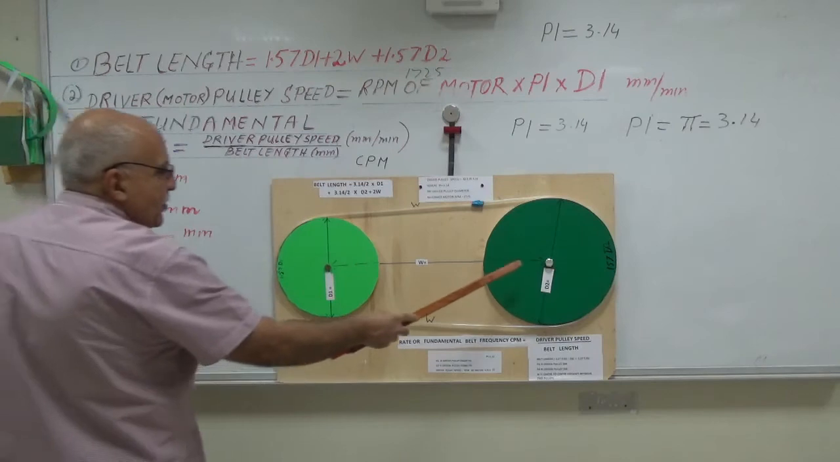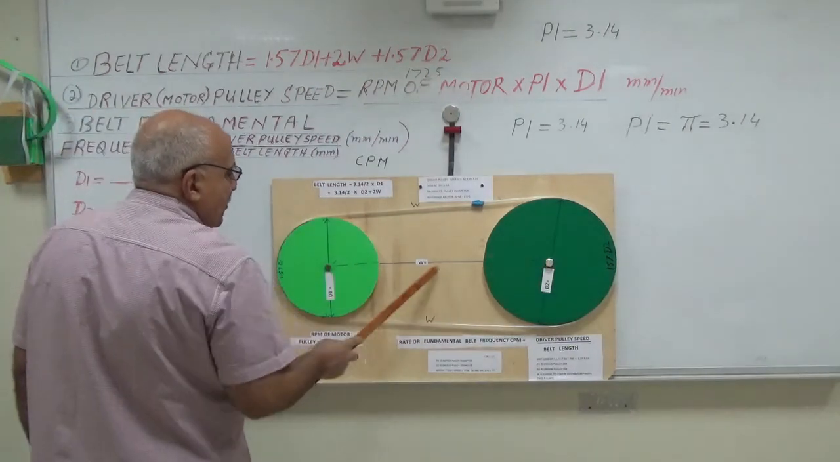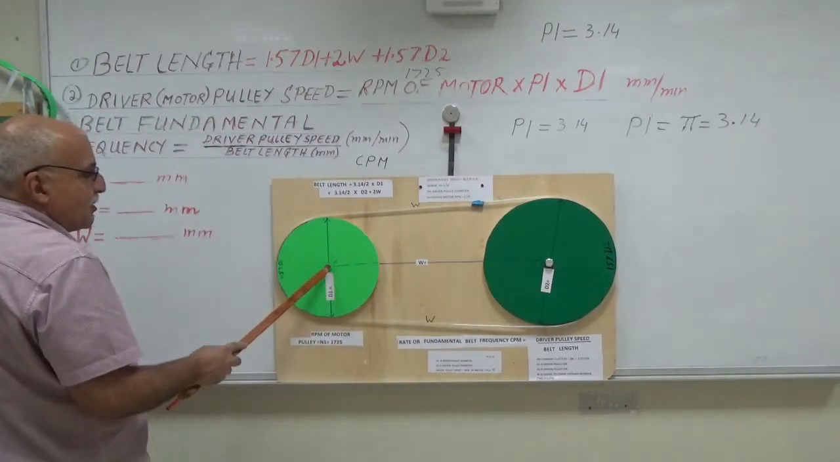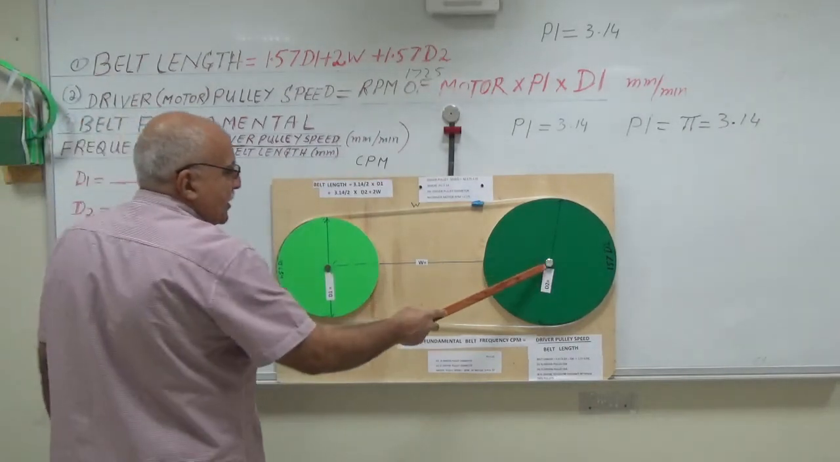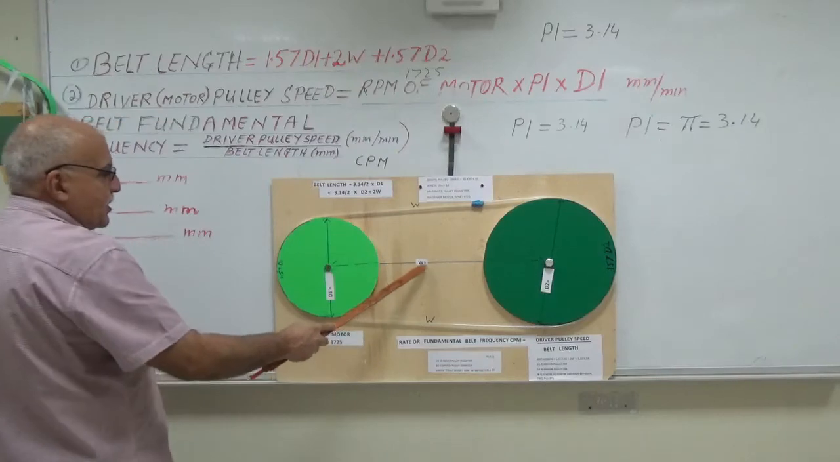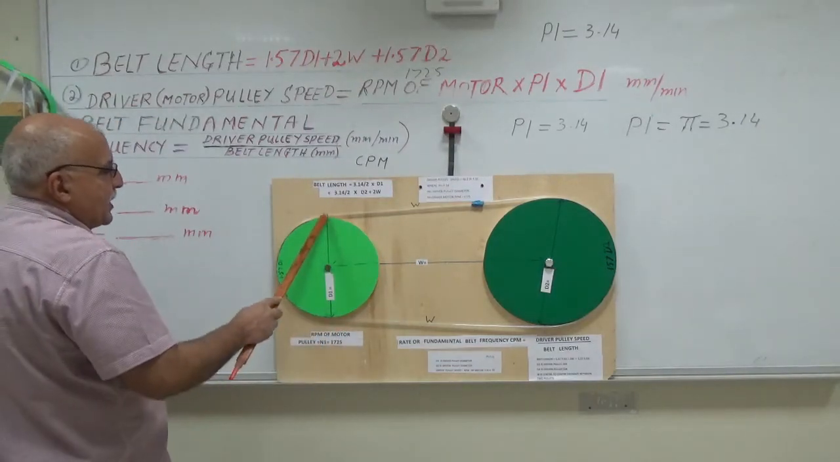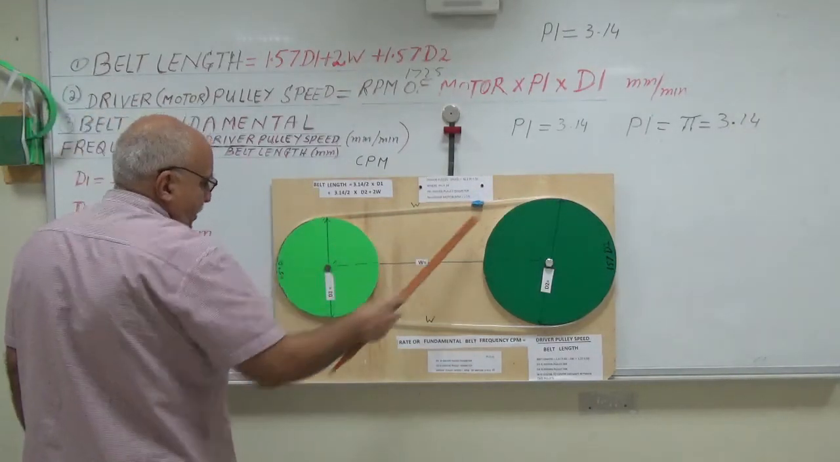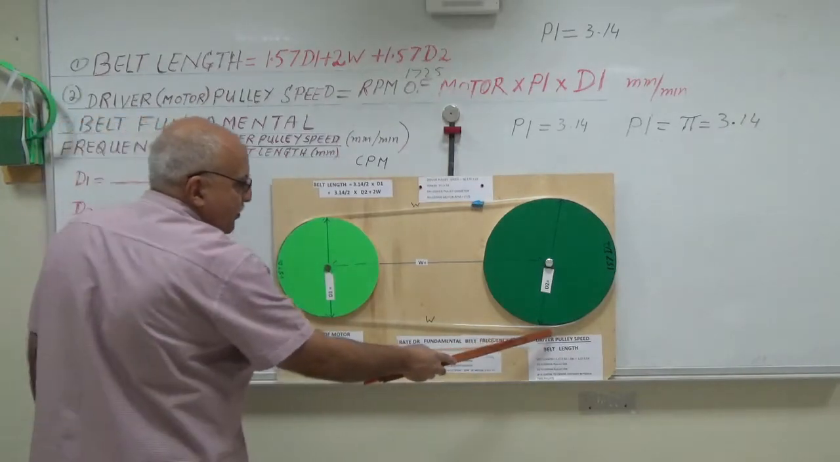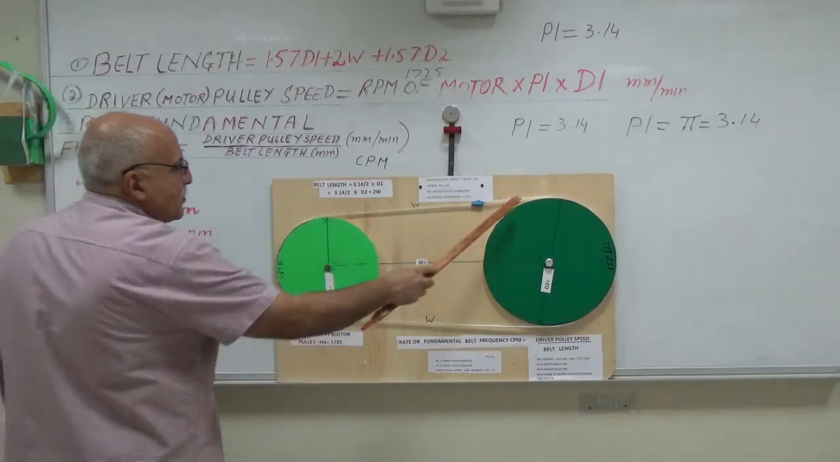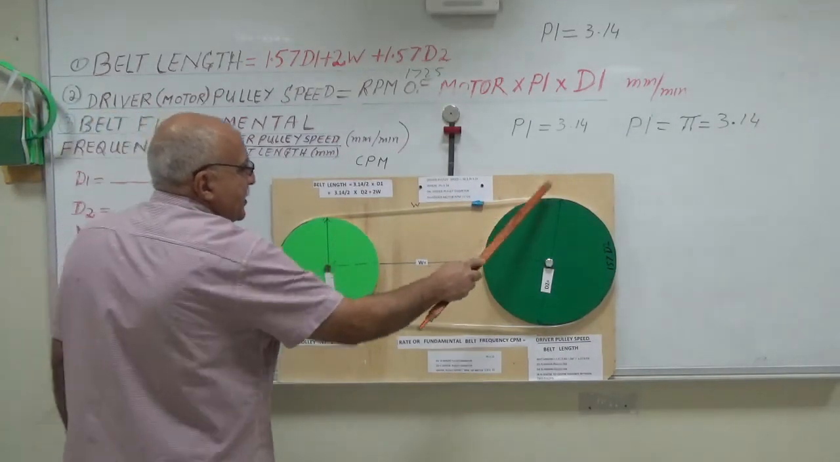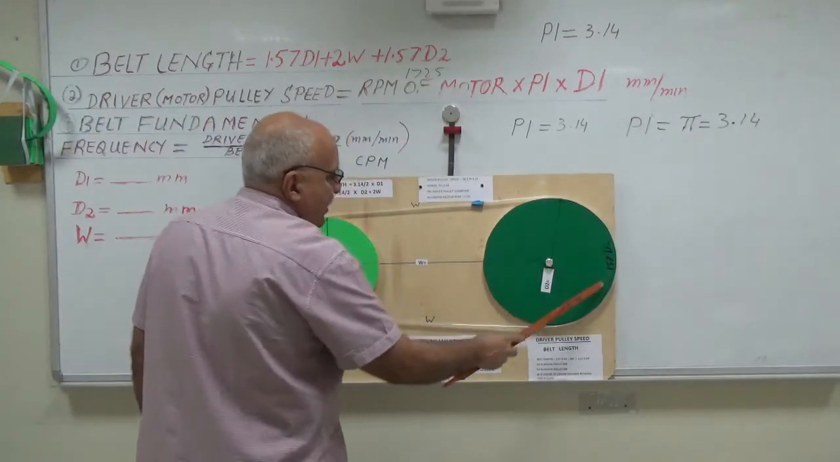This distance is called w. W is the distance from the center of the driver pulley to the center of the driven pulley. So this is w, and the same is here. This is also equal to w. So 1.57 d1 plus this w, w is from here to here. Then this distance from here to here will be